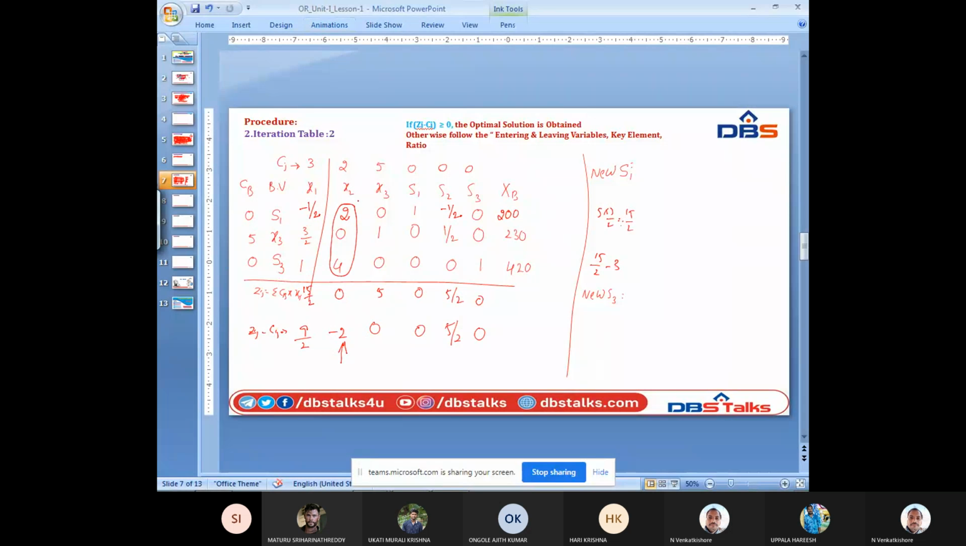So writing this as a key column, and for these key column values, note the ratio. Ratio means XB by key column. So 200 by 2 is 100. This is infinity. So again the condition as most negative and least positive. Least positive means we have to eliminate, S1 is leaving and X2 is entering. So for the table 3,